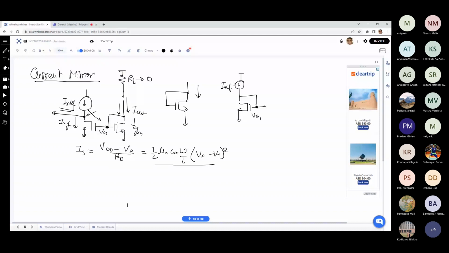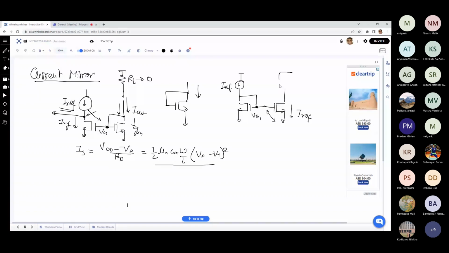Now, lambda you can ignore for the time being, as we know that you are setting the VG and the VGDS shorted, and the VGS has a much stronger dependence. VDS is same as VG. So for the same VGS and VDS value, the VGS has a stronger dependence. So I can ignore channel modulation and solve this quadratic equation to find out VG. Now, once this VG1 is developed out of IREF, then I can apply the same VG to the other device. And if the VGS of this device is getting fixed, which is again derived from IREF, it will basically produce the same IREF provided the transistors are identical,